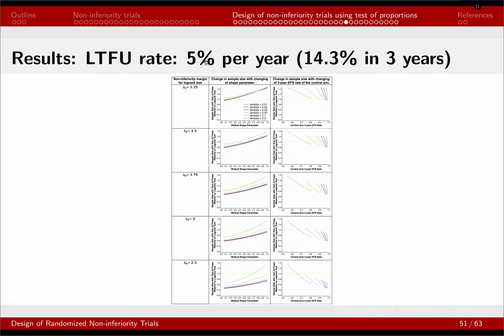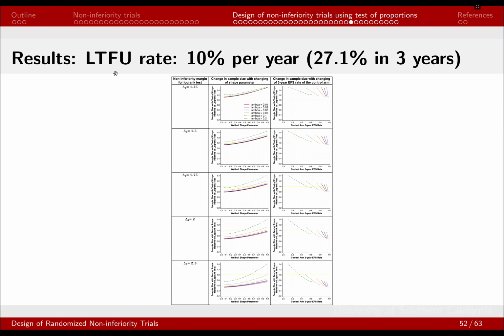If the loss to follow-up rate increased to 5%, we can see that the benefit of using tested proportions starts to become smaller, but in some scenarios, there is still benefit using tested proportions. And then if the loss to follow-up rate increased to 10%, again, the same pattern, the magnitude of the benefit shrinks, but there are still scenarios where you could benefit from using tested proportions, especially the hazard